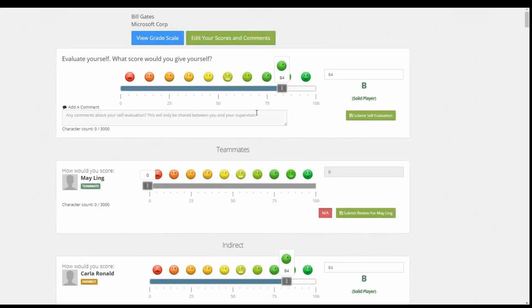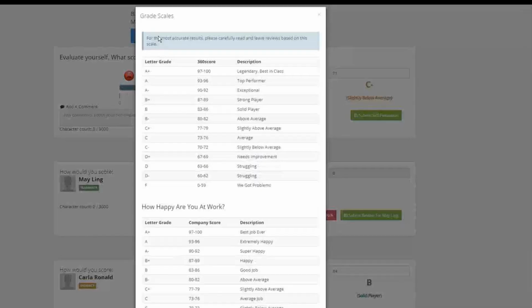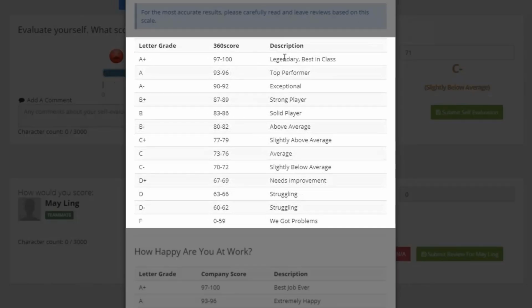A survey looks something like this, where you are grading individuals on this grading scale. We have separate presentations on how important this grading scale is, but we use the traditional grading scale that people are familiar with, the letter grades of A to F. And so it's very important that people use this the way that it's intended.